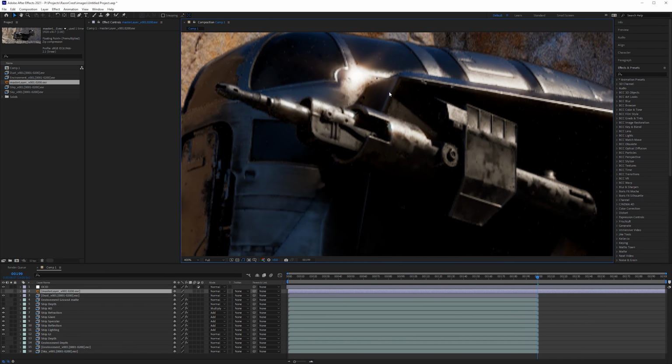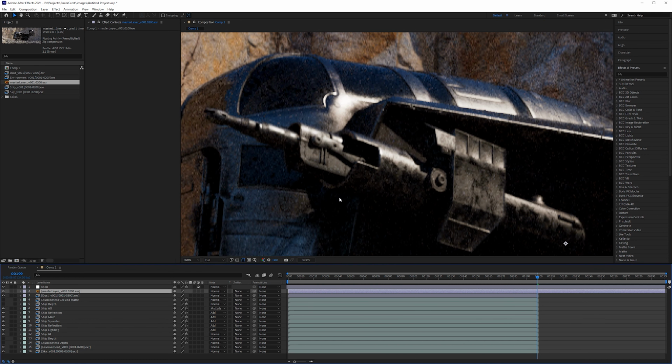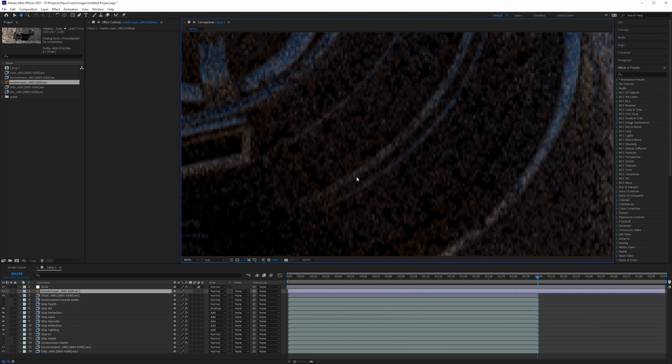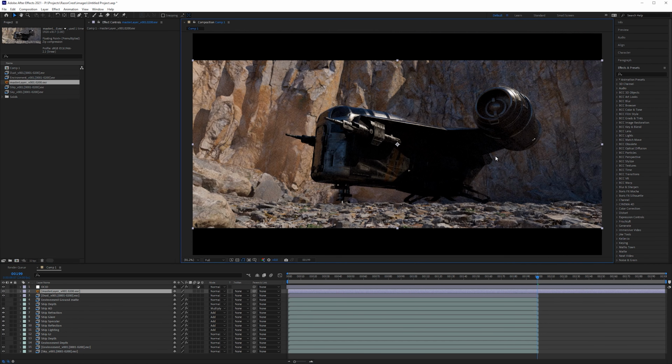And then you'll also see that the glare has been applied to our passes, but it doesn't get applied to our beauty or our master layer here. So that is also going to be another difference. But for the most part, if you turn this on and off and you see wildly different values, or you see your dust is there and then it's not there in the other one, then that would be a problem.